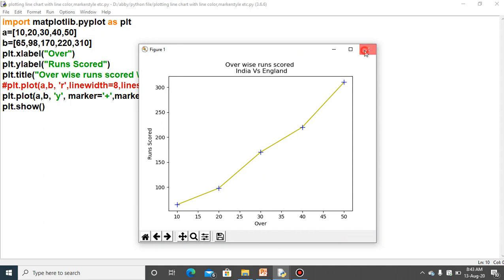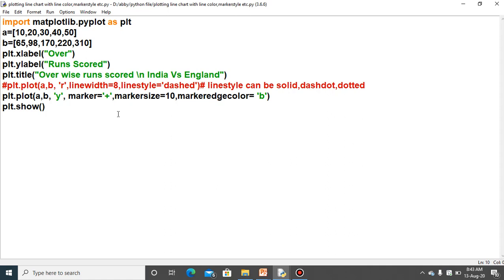Okay. If you want to change the marker, as I told you, you can refer to the book to see the different styles of markers. Suppose I want to make it a cross, then the data points will be coming in the cross way. Wherever the data points are, it will be coming as the cross. Marker size I am writing over here as 5.